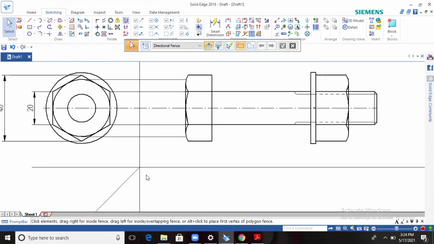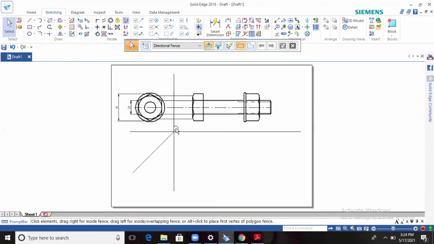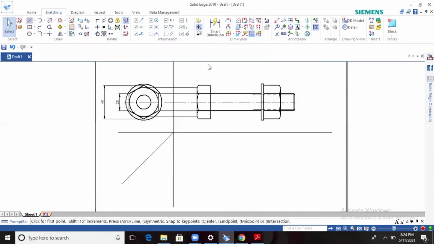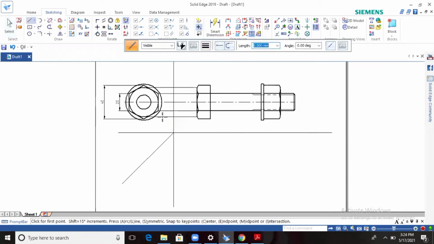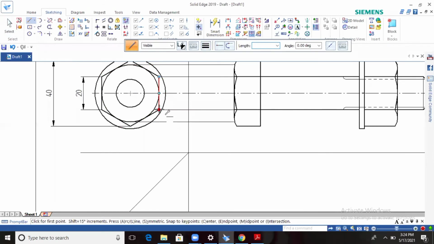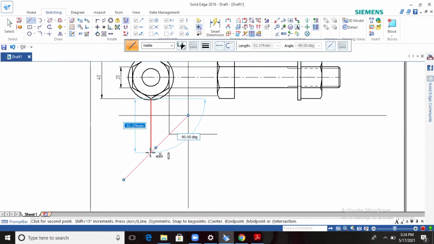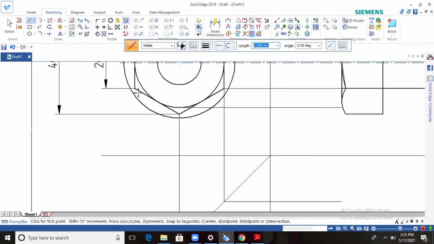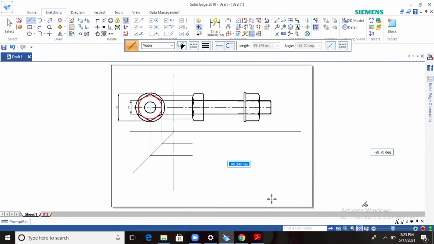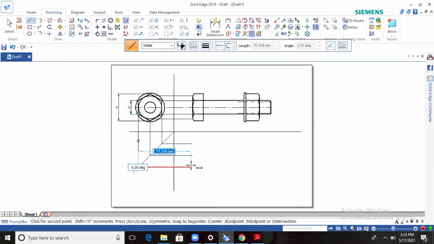Okay, so finally you have to go for the top view. Go for the line command, change it to 0.13. You have to go for the hexagon first, hexagon up to here, and the center of this one. So project it, fit page, project it up to here and draw with the same distance. And this end point of the hexagon, fit page. Wherever you want, you can project it.